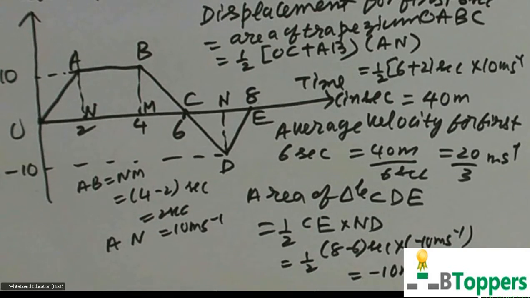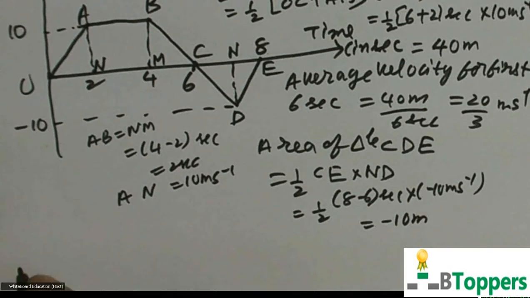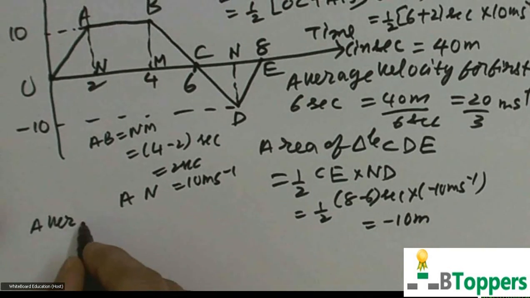So you get minus 10 meters. That means for first 6 seconds, it moves 40 meters in one direction. The next 2 seconds, that means in the time interval t equals 6 seconds and t equals 8 seconds, it has moved 10 meters in the backward direction. The negative sign indicates that. That means net displacement covered for 8 seconds will be 40 meter minus 10 meter, or 30 meter. So average velocity